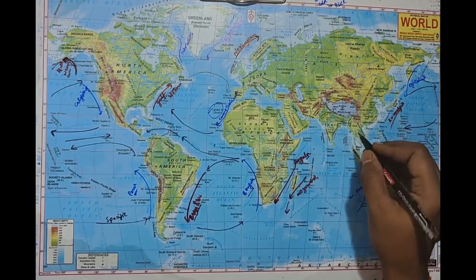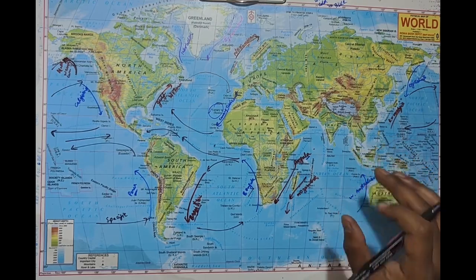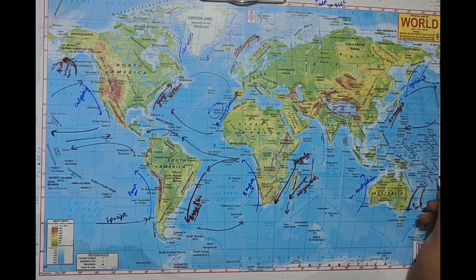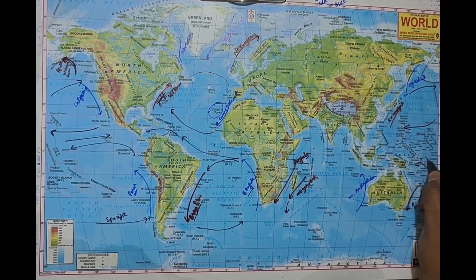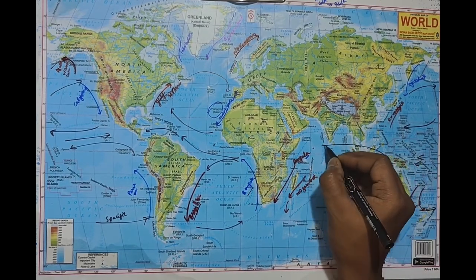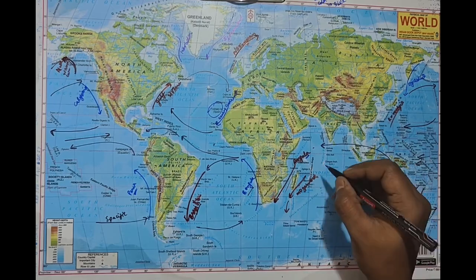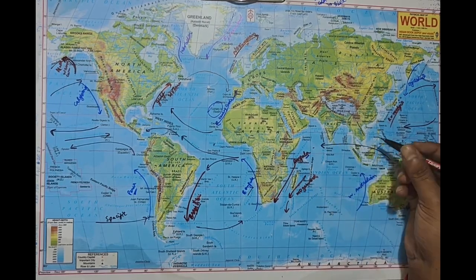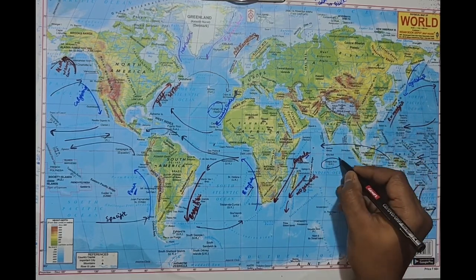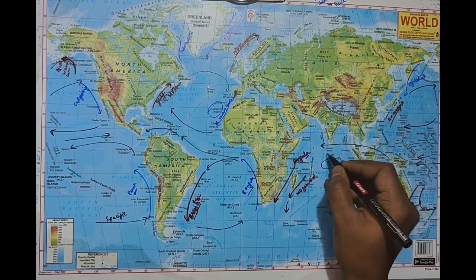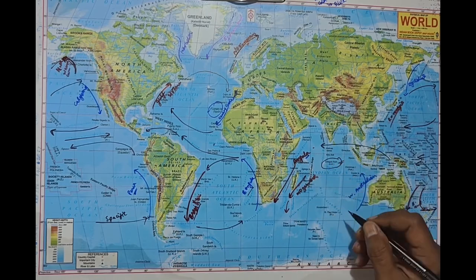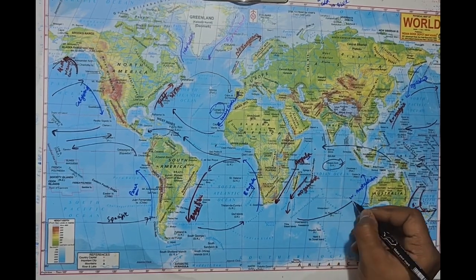Now the Indian monsoon, which is very important for us, for Indian people. Okay, look, this one is the West Australian, and the South Equatorial, the one which is coming from this side. The South Equatorial is coming from this way, from the downward part of India. More here, Chagos Archipelago, the UK part, comes here. Okay, take it from here, and again it reaches Mozambique and Angola, and again it becomes South Indian